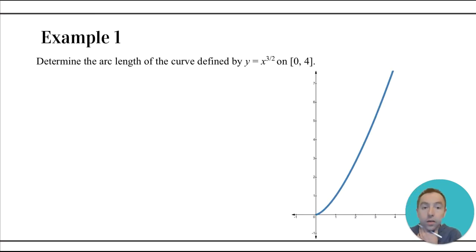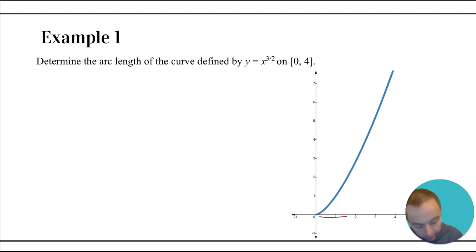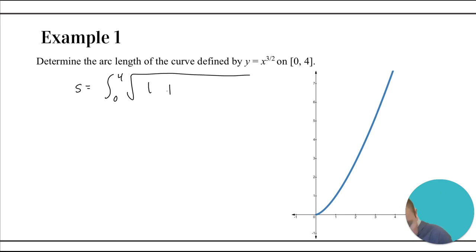So we want to take the y equals x to the 3/2 curve right there and figure out the arc length of it on the interval of this domain of 0 to 4. So you're just finding what is the length of that curve right there from 0 to 4, exactly as in this picture. Cool. So arc length is the integral from 0 to 4 of the square root of 1 plus,